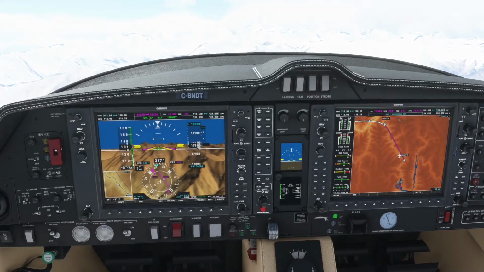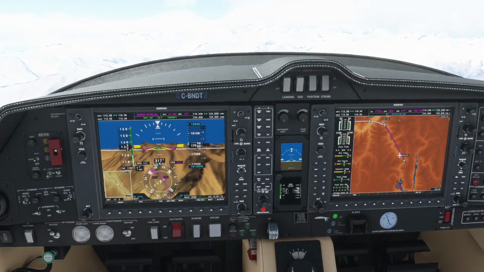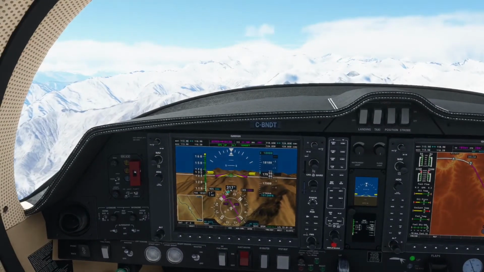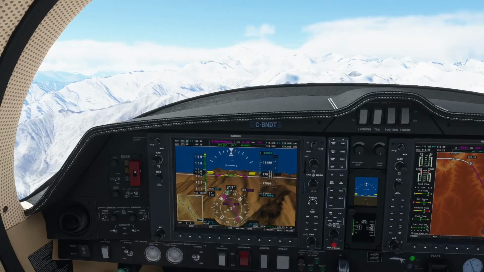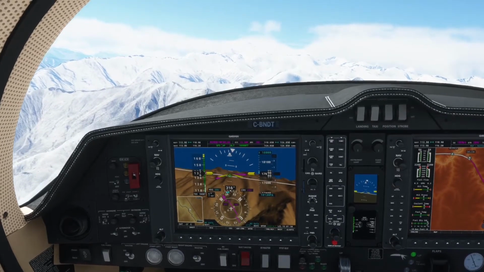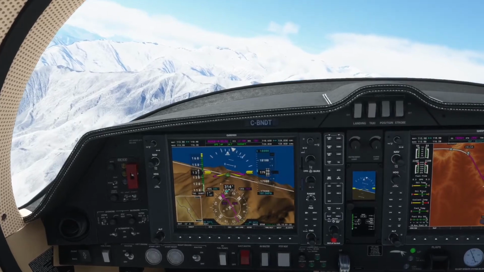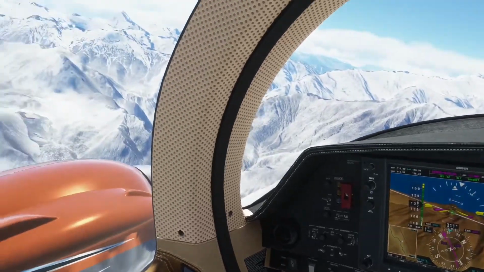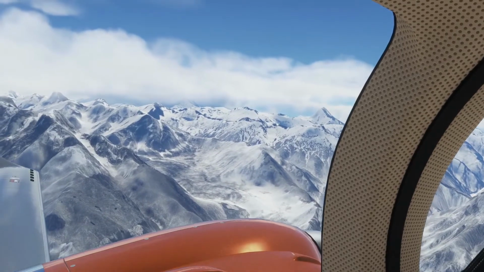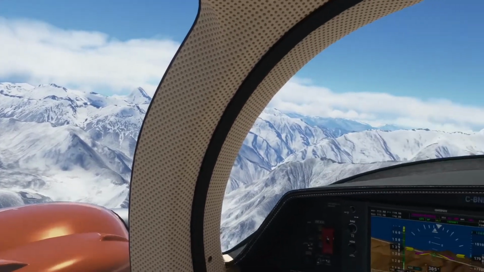Just coming up to our track here, accelerating up. How are the winds looking? Still pretty light, so should make for a smooth flight in the mountains today. And we're making a turn onto our airway. There's quite a bit of cloud at the mountain tops today, so